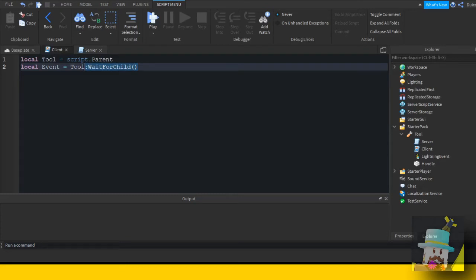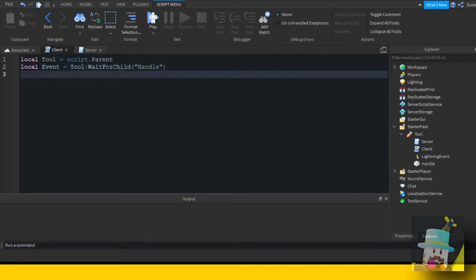But just imagine that the client script was executed right before the part was actually placed in the tool, which would cause an error. This function allows us to wait for that part to be in the tool, or be a descendant of the tool. So let's do that: tool:WaitForChild handle, because we want to wait for the handle. Then local